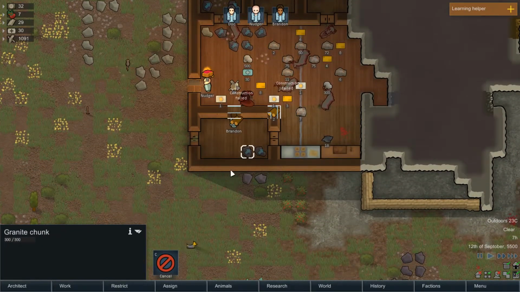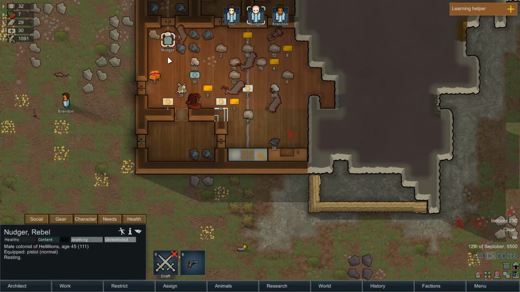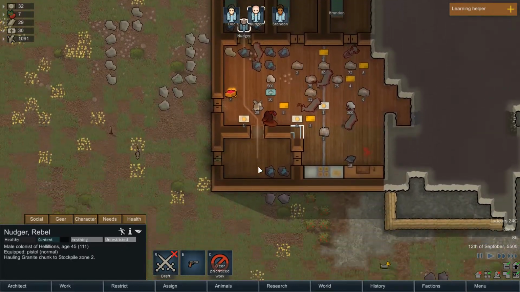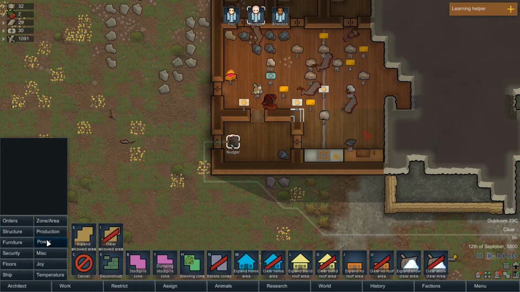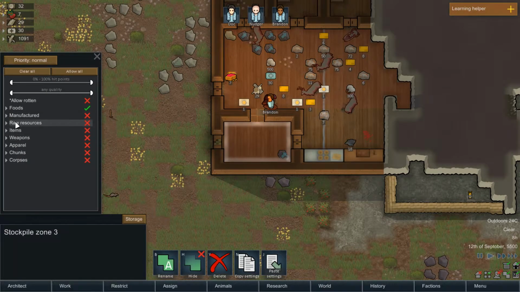Okay, well let's... I don't know where that chunk goes. What's this? Yeah, it's right. Okay, so Nudger, before you go to bed, can you just hold this chunk, please? Thank you very much. And then what we'll be doing is we will be going zone area. Put a brand new stockpile in there, and that will be only for foods. There we are. And it'll also be...